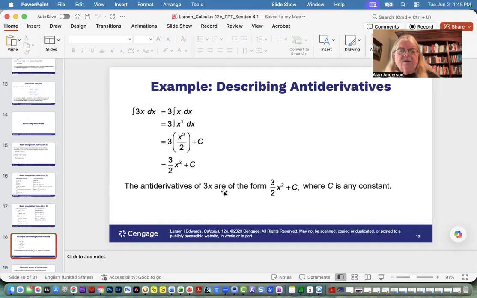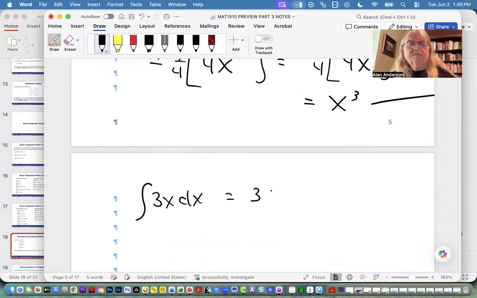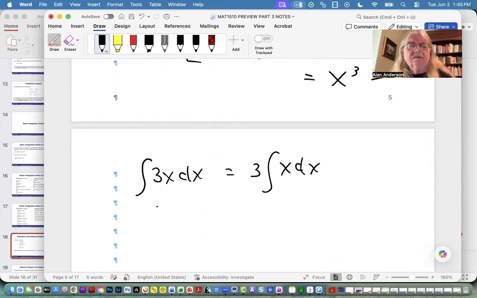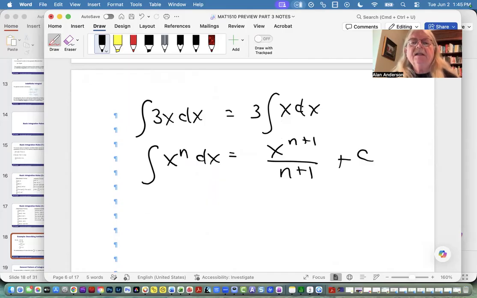All right, so here's a simple one. Integral 3x dx. So remember the way this works. And since here n is 1, there's an implicit 1 here. Okay, so you're going to end up with,